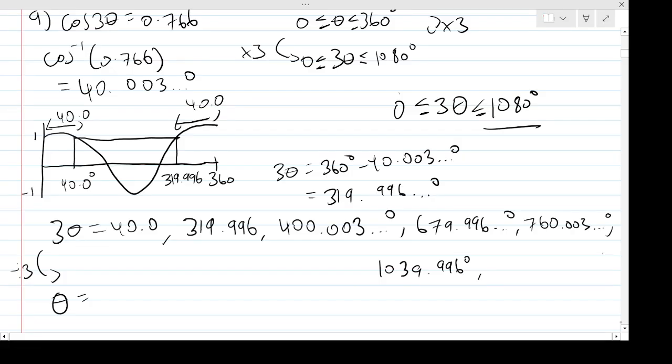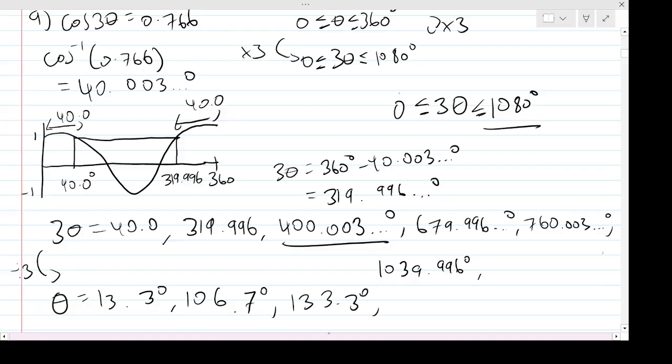So firstly, this 40.0. We get 13.3 degrees. I'm going to give it to 1 decimal place, right? Then we divide the next number in the list. So 319.996 divided by 3 is 106.7 degrees, rounded up. Then the next number, this 400.003 divided by 3, 133.3 degrees. Then if we divide the next number here by 3,